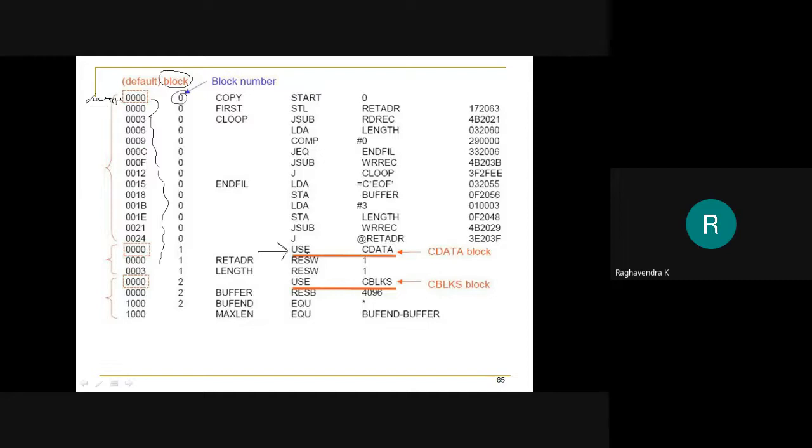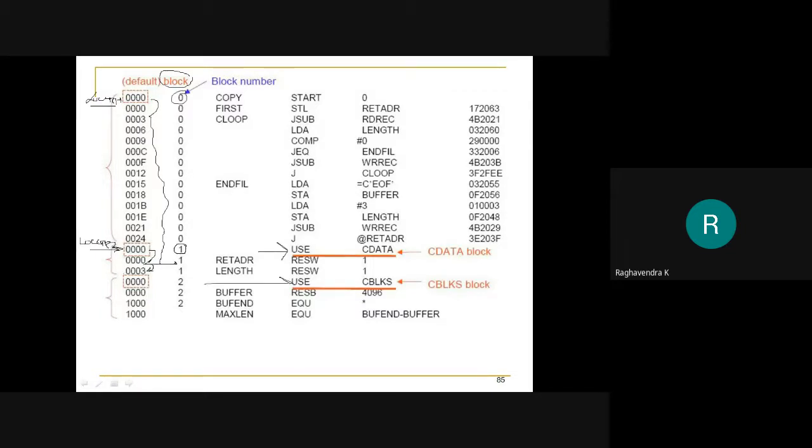So here it is the starting of a new block. Change the block number and initialize its own location counter. Let us assume that this is its own location counter, I'll name it location counter 2. Now you assign the values with regard to this block. So this is 0, and obviously this one is 0. So this is plus 3. Right, so 0, 0, 3.